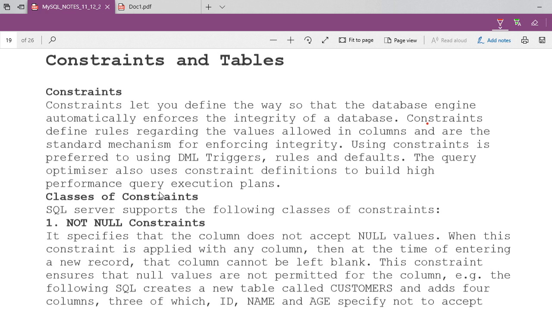Definitely, if you are a good programmer, if you are a good database administrator, then you are going to have some sort of enforcement that if user is going to input F section, then it is going to issue that constraint that it is not available. So that is the constraint, that is the integrity of your table. You see, constraints are defining rules. You have to define the rules, understand?